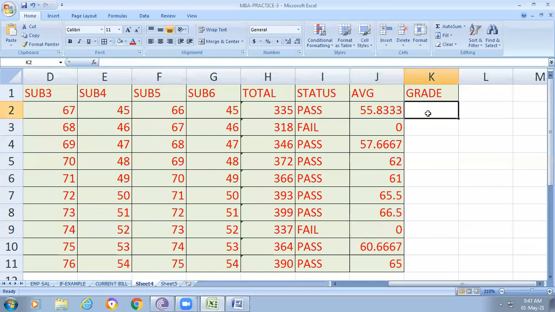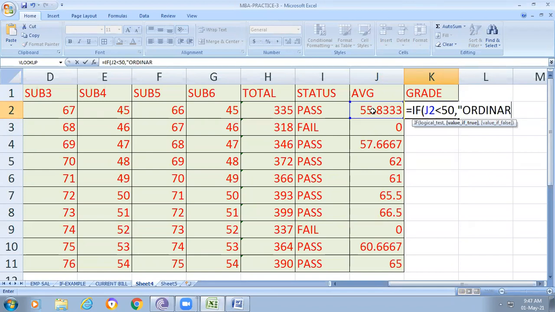Now I try to give the grade. How can you give the grade? Same, using the IF formula. What is our condition? This one, J2. If J2 is less than 50, then what is our grade? Ordinary, am I right? I will try to explain this in the next class also, don't worry about this.